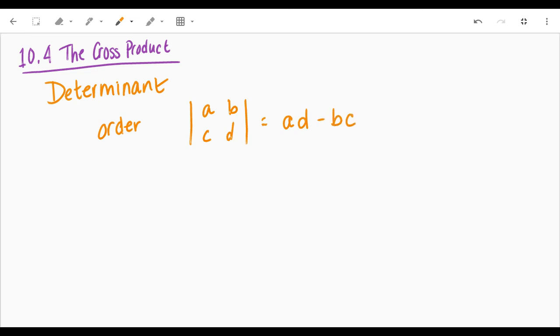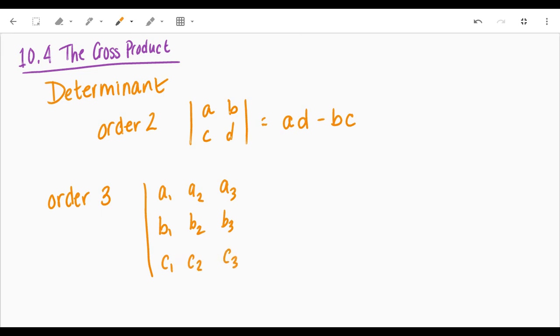Okay, your determinant of an order 3 matrix is, that was order 2. Order 3 is a little more complicated, and the notation tends to be different. For a 2 by 2 matrix determinant, we use A, B, C, D. For 3 by 3, we use A1, A2, A3, B1, B2, B3, C1, C2, C3. Now, the way that you want to think about this